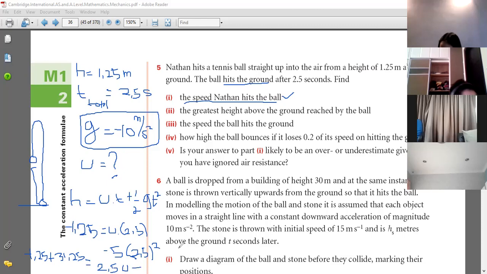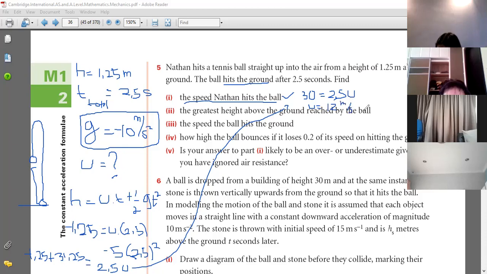So let's see the equation here. That will be 30 equals 2.5u, right? So u equals how much? 30 divided by 2.5 is 12. So the initial speed is 12 meters per second, and because it is positive,